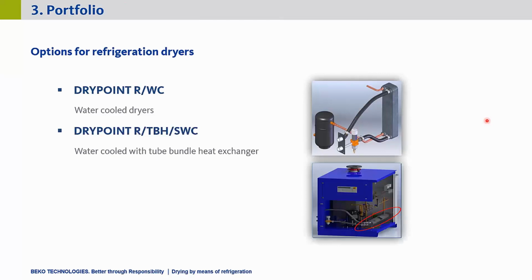Then again, we have a little bit more special version of the water cooling, which is the TBH or SVC, which stands for seawater cooled and tube bundle heat exchanger. You can see it down here. The heat exchanger on the right, the condenser, is a bundle of tubes, literally, that's why its name is like this. The difference between the tube bundle heat exchanger and the normal plate heat exchanger is that the space inside the heat exchanger is a lot larger, so you have more space for particles and so on running through the heat exchanger. This especially needs to be taken into account when you have